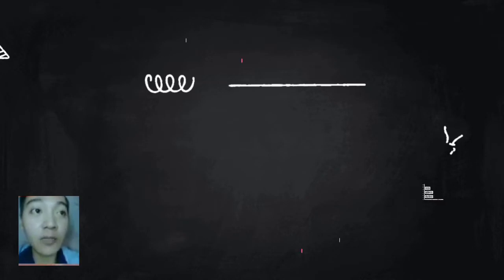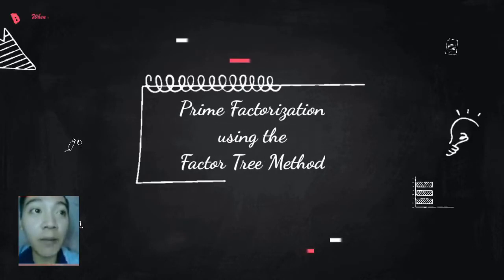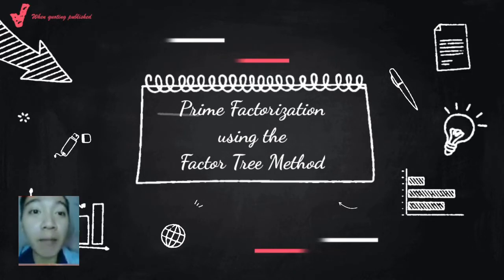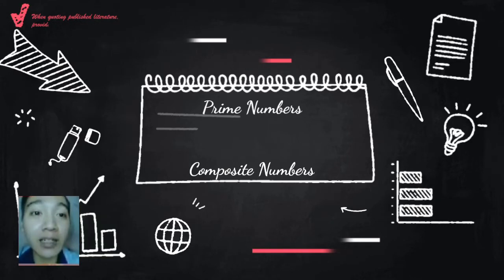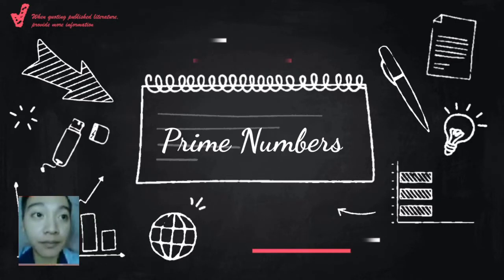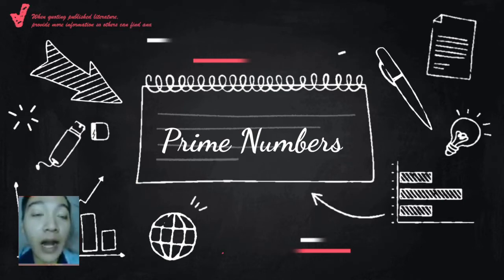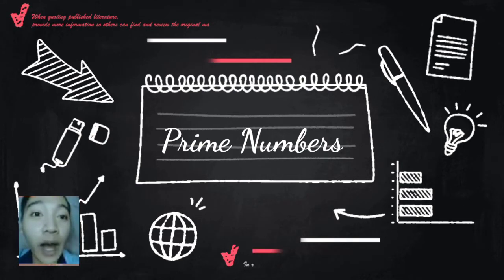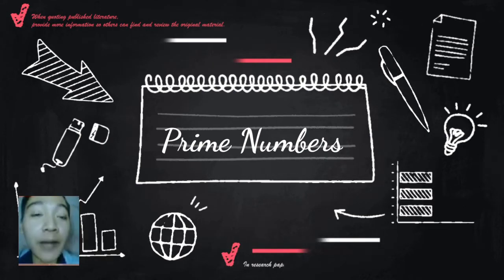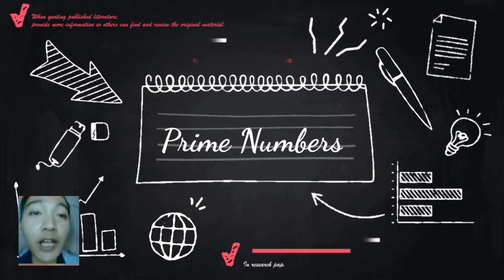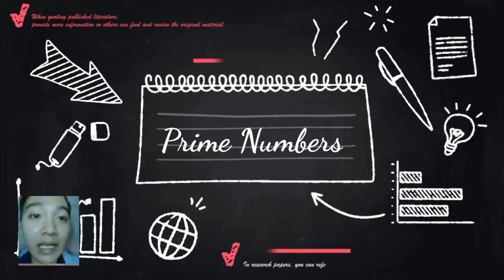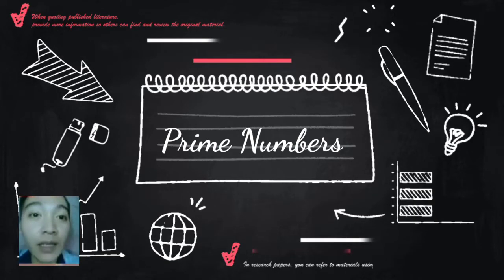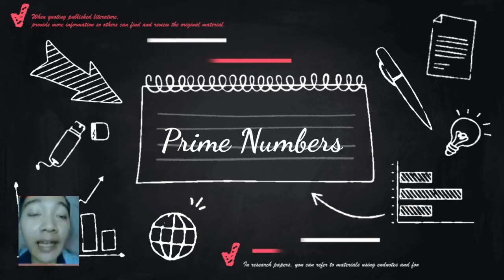Now let's discuss the first method, which is prime factorization using the factor tree method. But before we start, let's have a short review regarding prime numbers and composite numbers to easily understand prime factorization. Prime numbers are natural numbers that have only two factors, 1 and itself. An example of a prime number is 3. The factors of 3 are 1 and 3, 1 and itself. Another prime number is 11. The factors of 11 are 1 and 11,